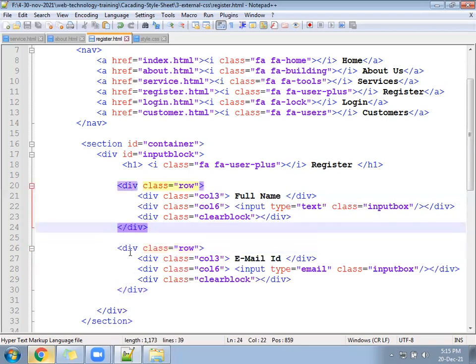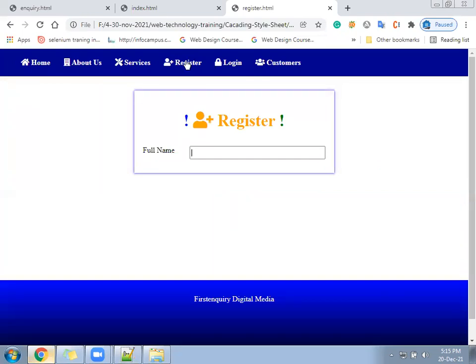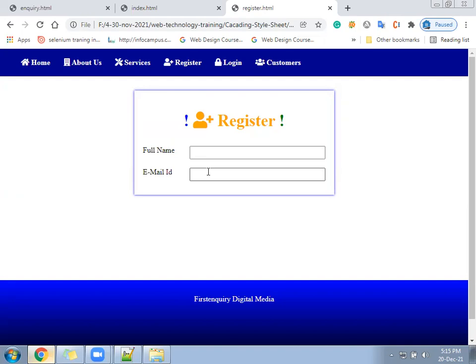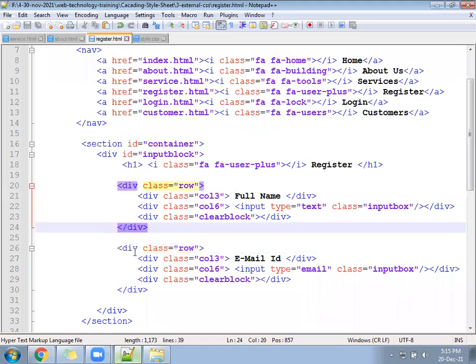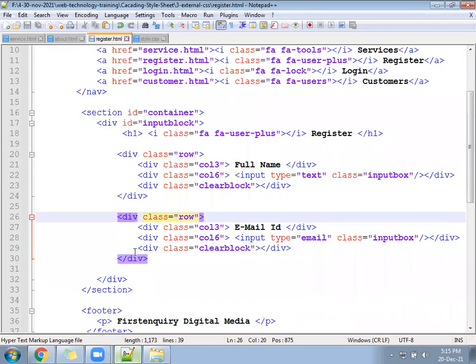Okay, hope ready. Two fields, something like this. Add one more, email, password, city, drop down, everything you can add. Go ahead, repeat the row one after the other. Sir, instead of using table TR TD, we can use div class row.